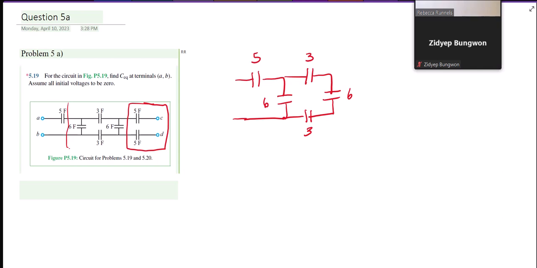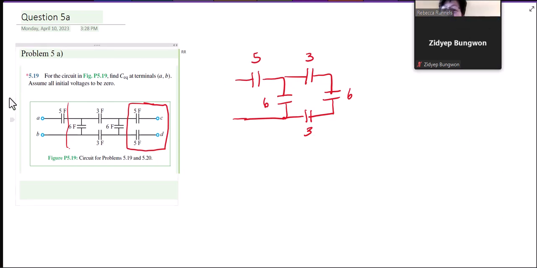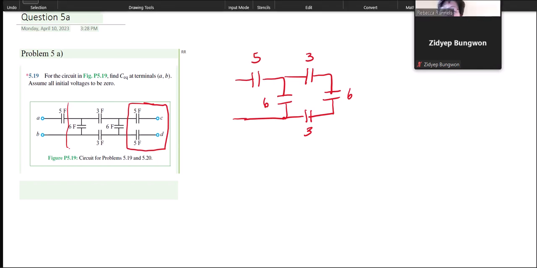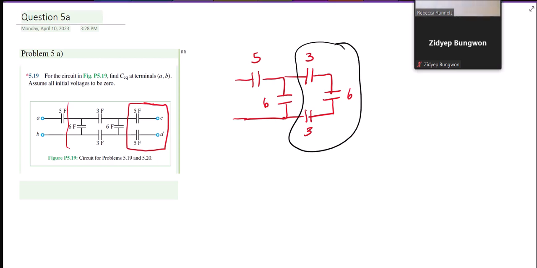So the equivalent capacitance of the 3, 3, and 6, the equivalent capacitance of these, is 1 over 1 over 3 plus 1 over 3 plus 1 over 6. You could also do 2 of them as product over sum and then get that one and do product over sum of that one with the third one. But this equals 6 over 5. And so then that gets us